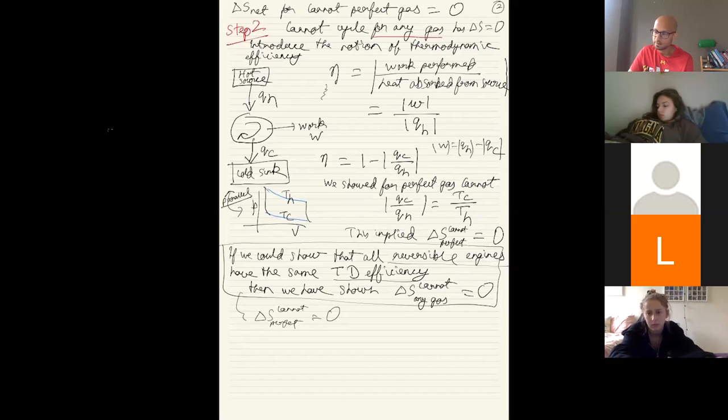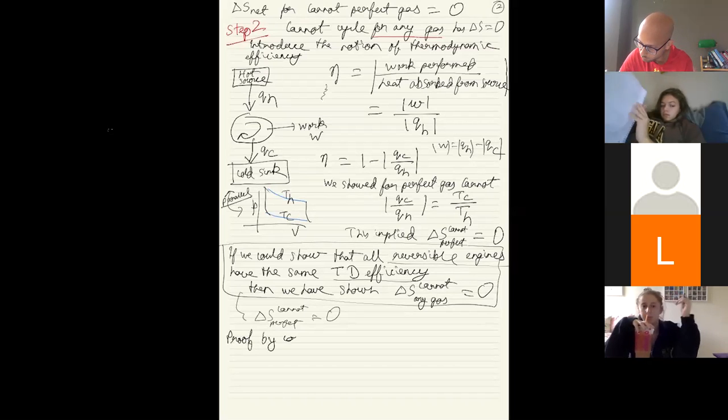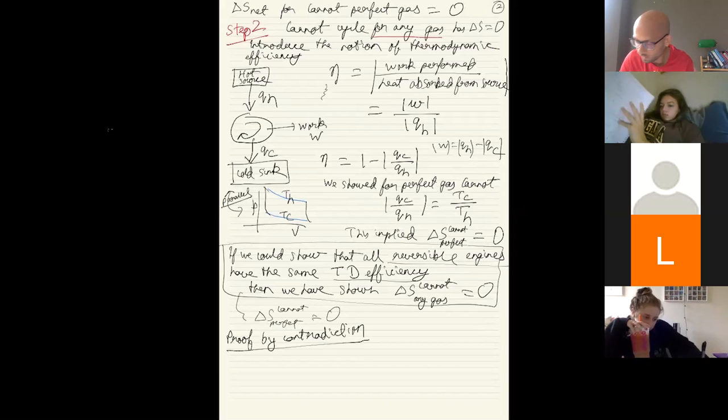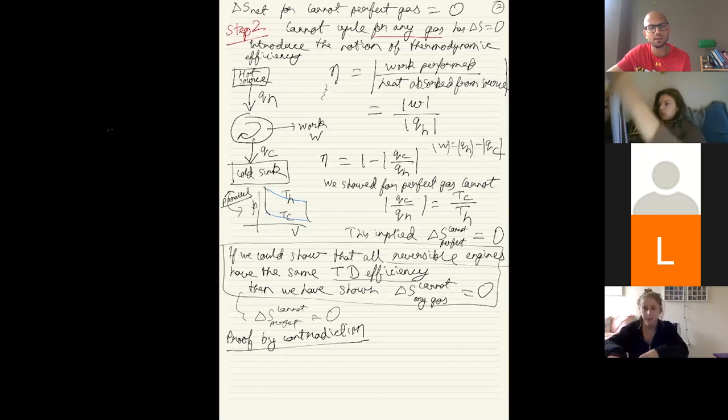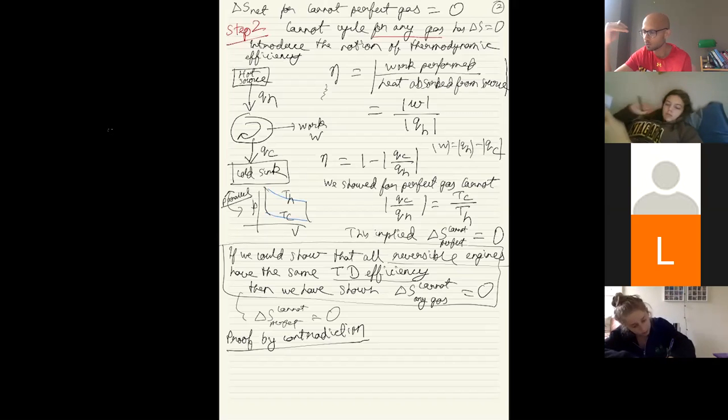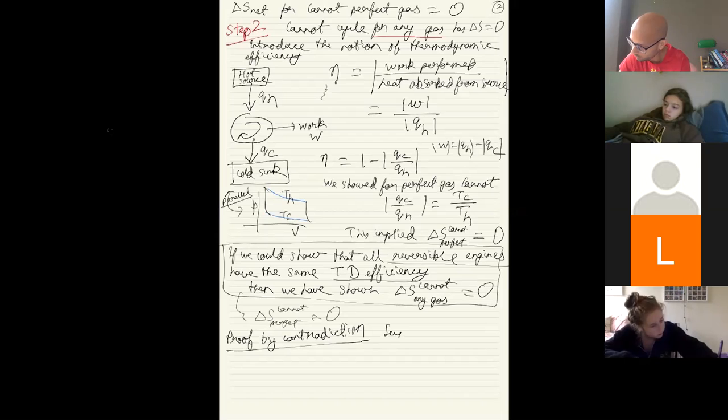So how do we do that? We do it through a mathematical argument, which is called proof by contradiction. The most famous example for proof by contradiction is the proof that there exist infinitely many prime numbers. The best way to prove that is to say that, let's say if you have finitely many prime numbers and you reach a contradiction, hence your underlying assumption must have been wrong. How do we do this over here? We say, well, let's suppose that it is possible.